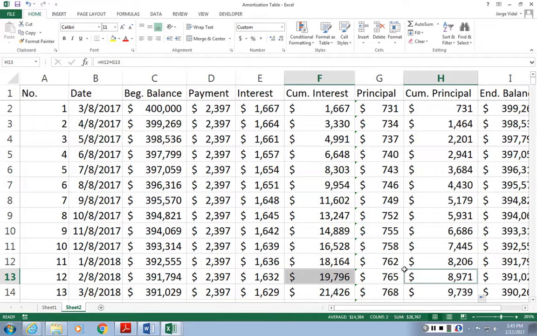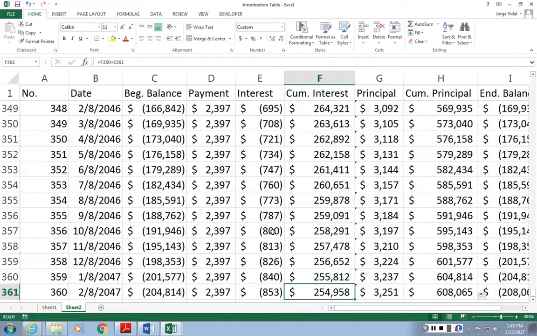You can see that after 1 year of making payments, $20,000 of the total payment is for the bank to pay interest, and about $9,000 was applied to principal. And the reason why mortgage loans work that way is because in the beginning you have a huge outstanding balance, so you're paying a lot of interest. And then with every payment, what happens to that principal? It's being reduced. So if you go to the bottom of the table,